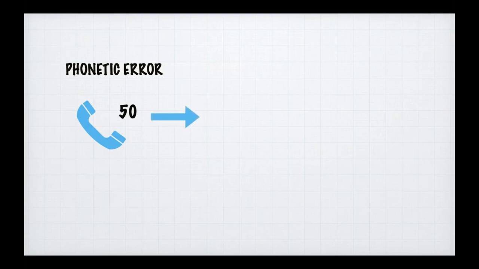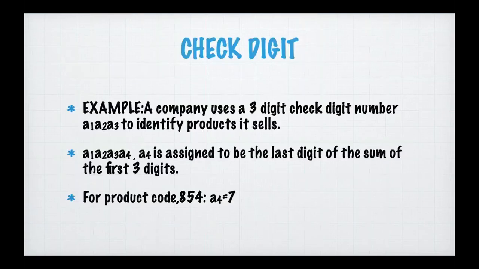Next is known as the phonetic errors. What we mean by phonetic error is, this keeps happening when we speak of numbers. Suppose somebody says 50, it may be heard as 15. So these errors are called phonetic errors. There are just 9 of them, 9 possibilities out of all. So yeah, this covers all the errors.